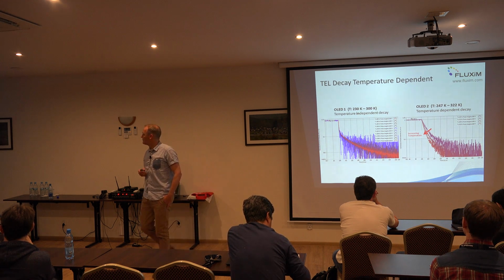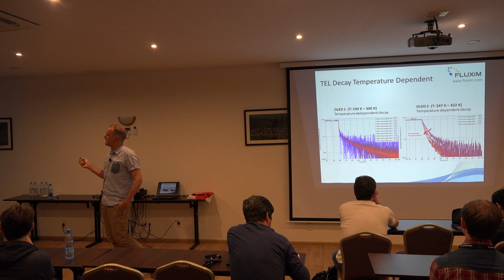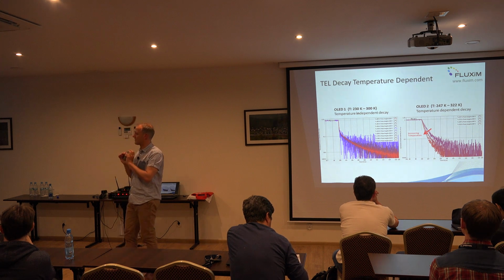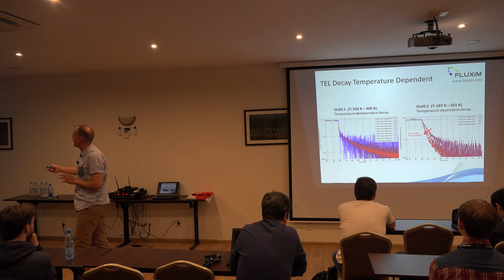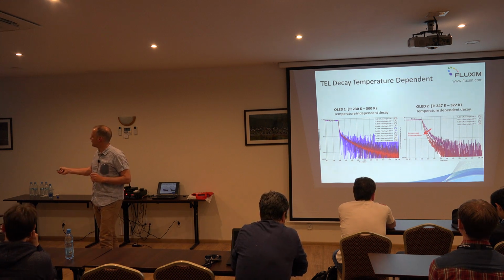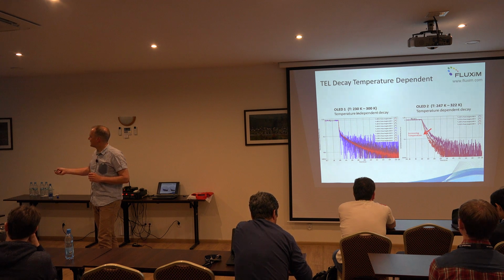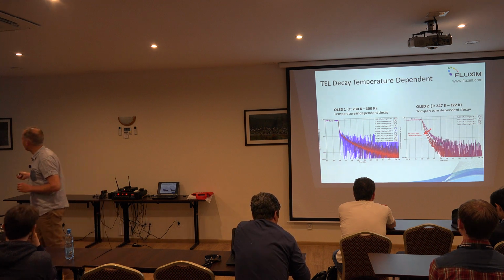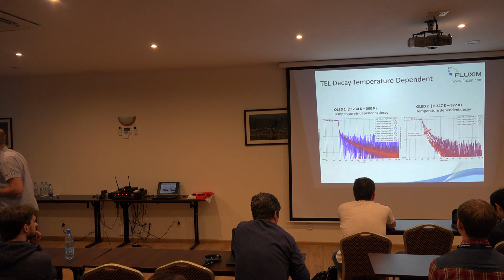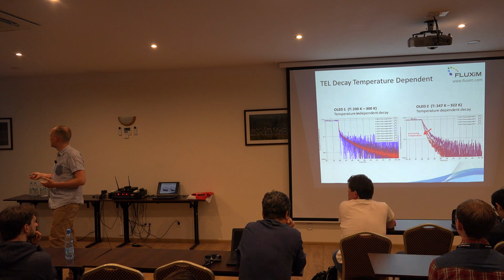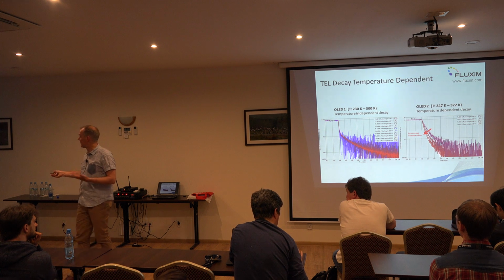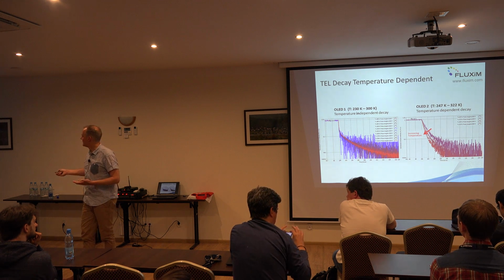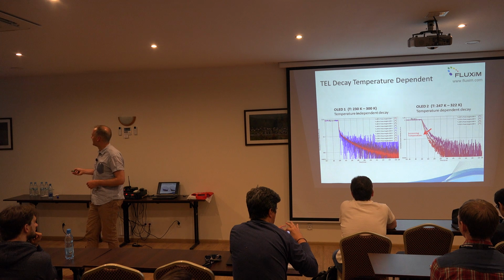And then we have two other examples where we varied the temperature. So we put the OLED in this cryostat chamber, measured with Pio's instrument, and we varied from 230 Kelvin to 300 Kelvin. This first OLED, I think we varied the temperature. So the high temperature is the red one, and the noisy curve is at low temperature. So we have less light, but the dynamic of the decay is independent of the temperature of the device. That's the left example. And on the right,